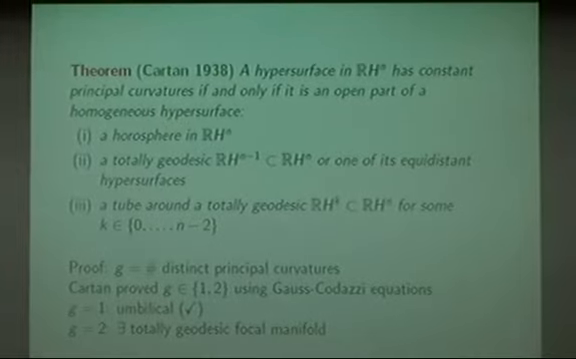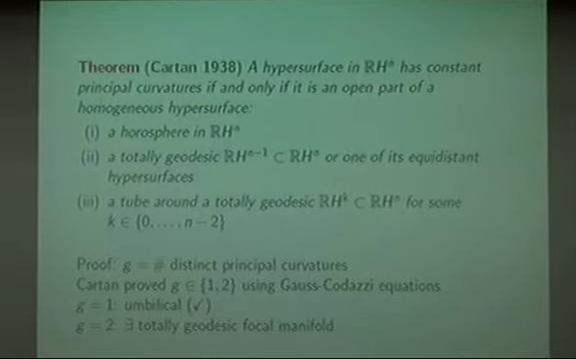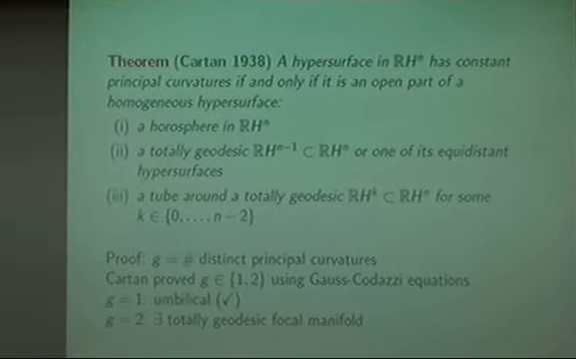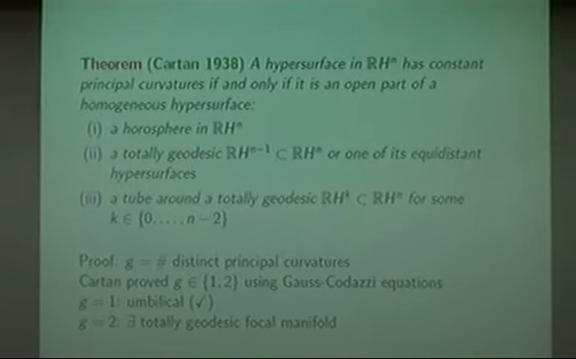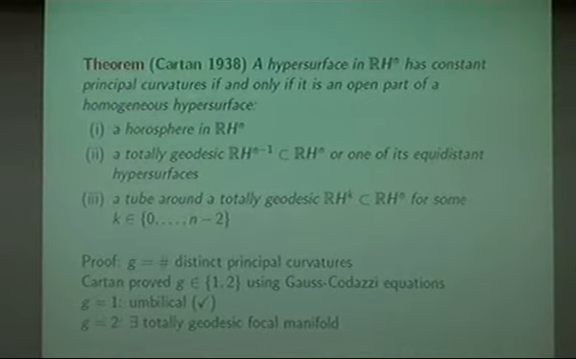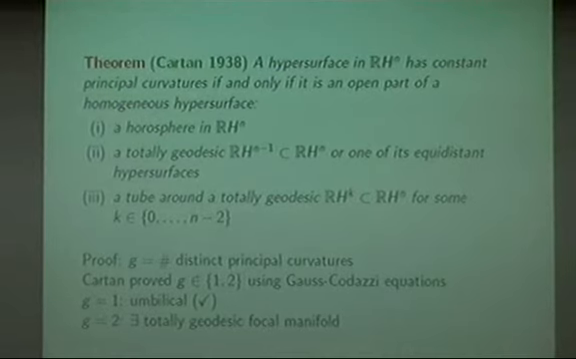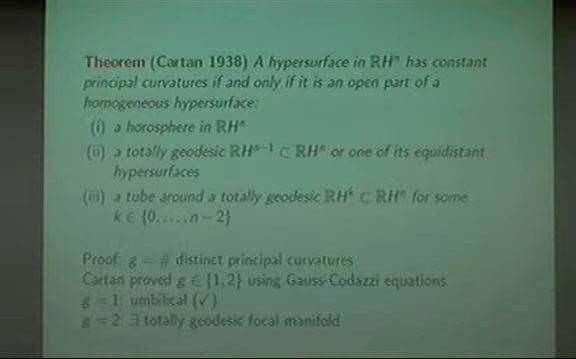And he did this by somehow mixing the Gauss and Codazzi equations. Yeah, so you put in the condition that your principal curvatures are constant. You differentiate. When you differentiate constant functions, you get 0. You use the Gauss and Codazzi equations. You get some equations out of this. And if you do this in the right way, you get as a conclusion that there are at most two distinct principal curvatures. Yeah? So there can't be 3, 4, 5, or I don't know, infinitely many. It's just at most 2,